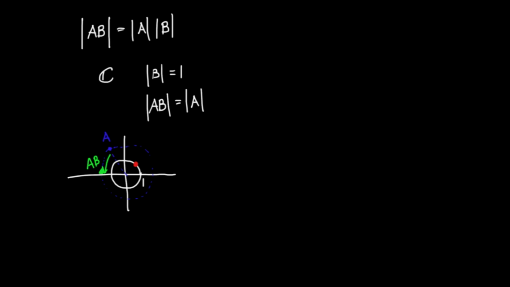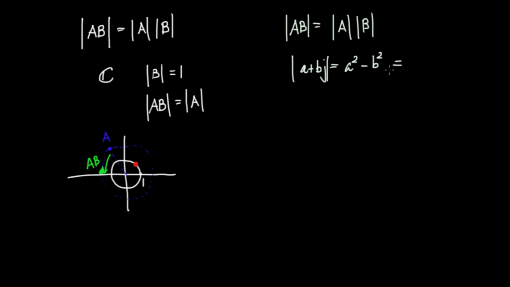Now, for the split complex numbers, we have this property as well, that the magnitude of AB is equal to the magnitude of A times the magnitude of B. But our notion of magnitude is a little bit different. The set of all points that had magnitude 1 in the complex numbers is the unit circle. Going back to the definition of magnitude, if I have A plus Bj, the magnitude is the square root of A squared minus B squared. Now, if I want this to be equal to 1,